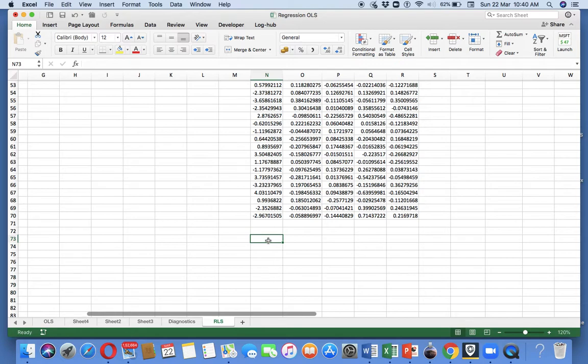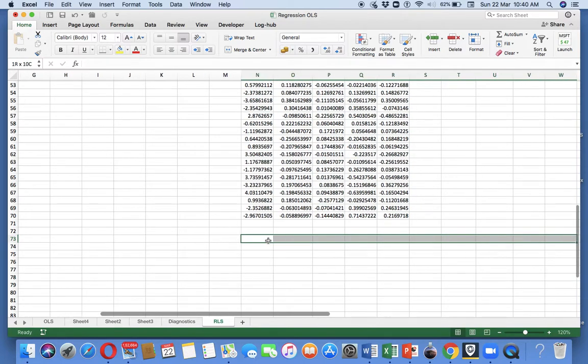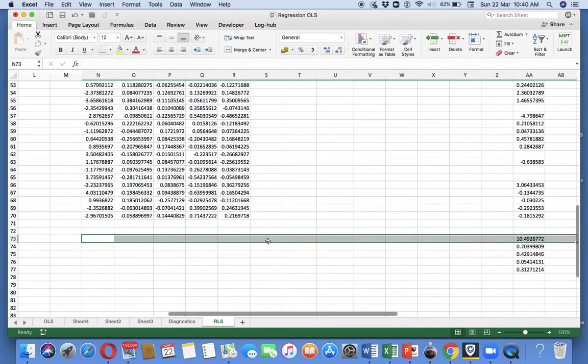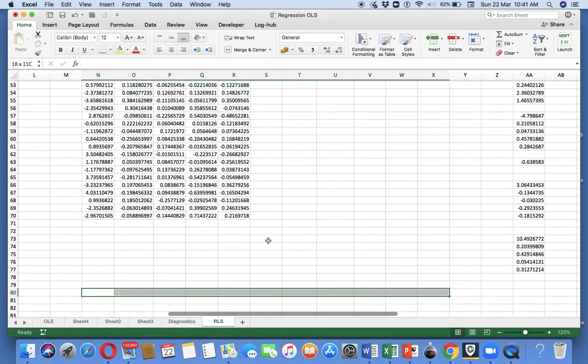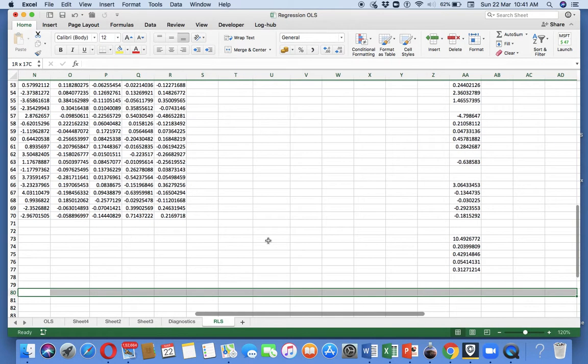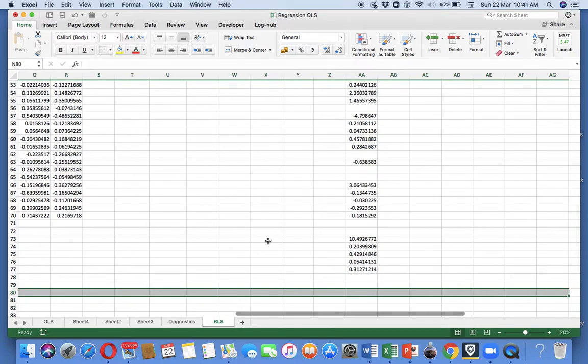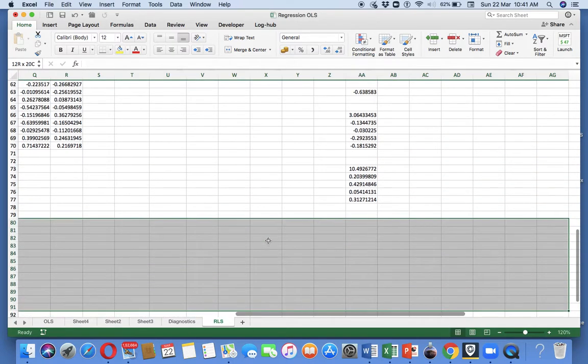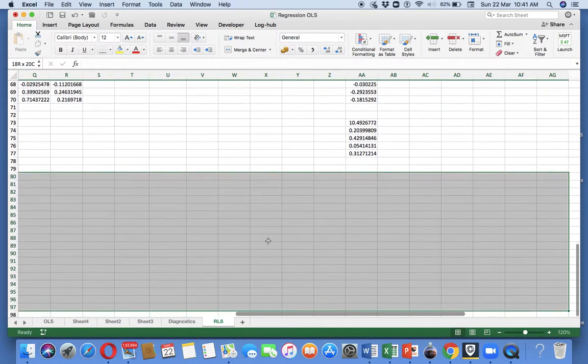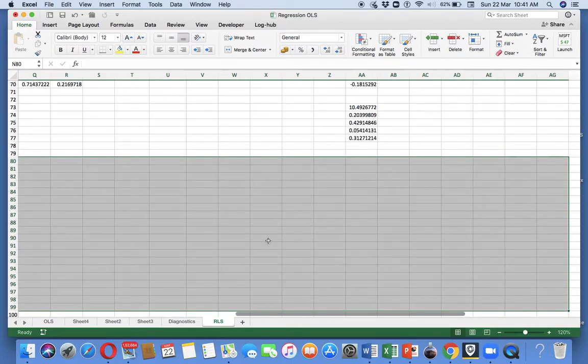So you should have 20 columns, and downward 20 rows. Oops. Sorry. I'll take a little lower. Now I'm going to do my final matrix multiplication before I get my hat matrix, which is equal to